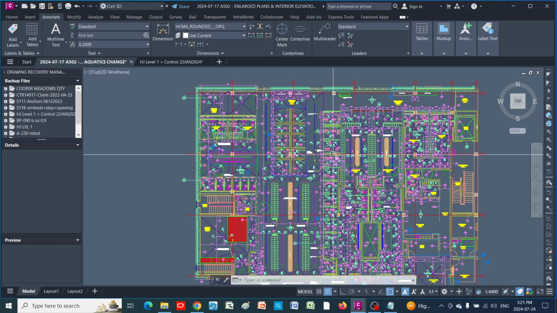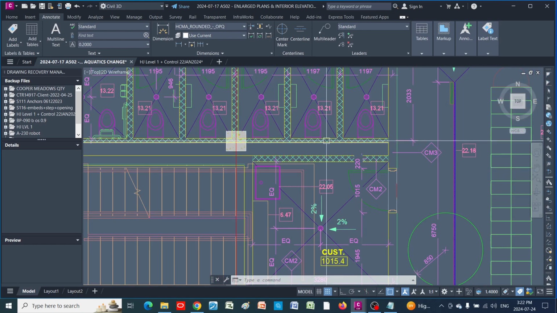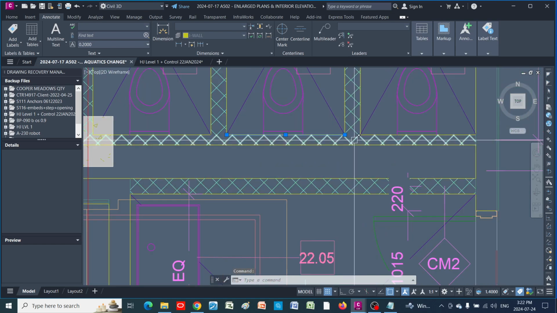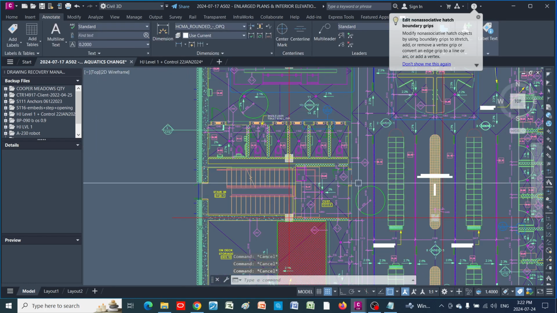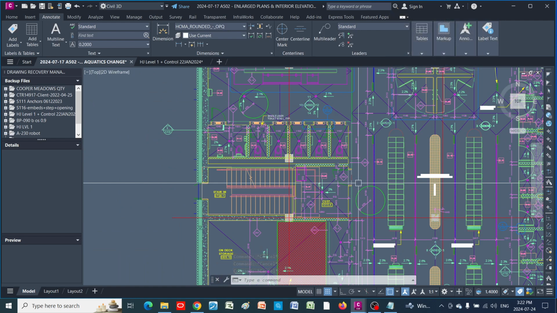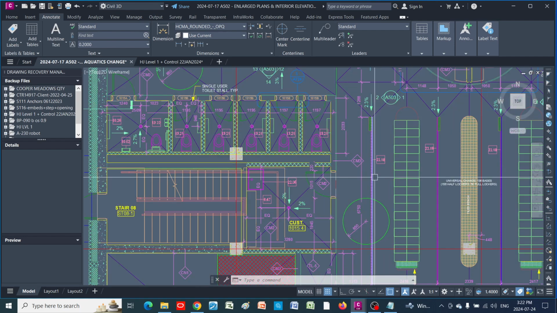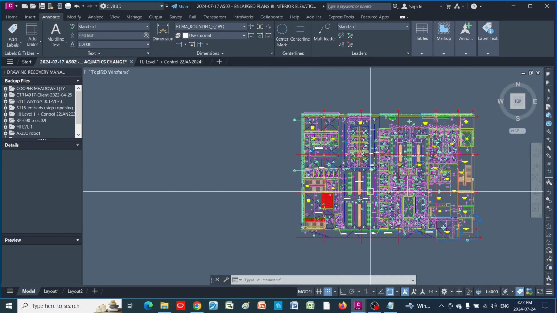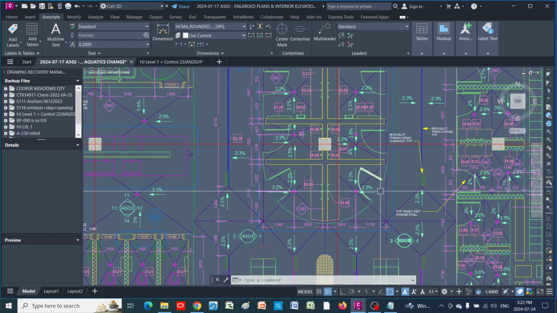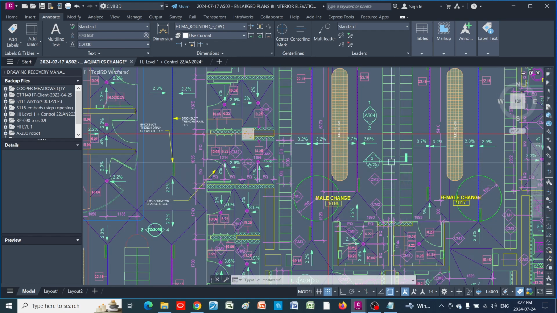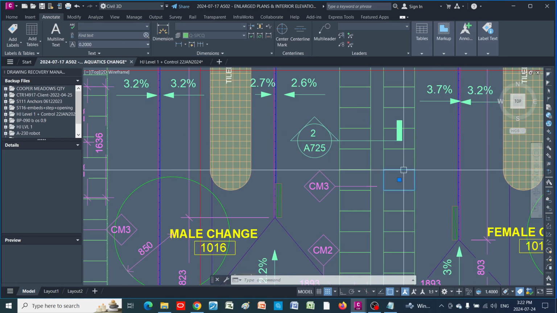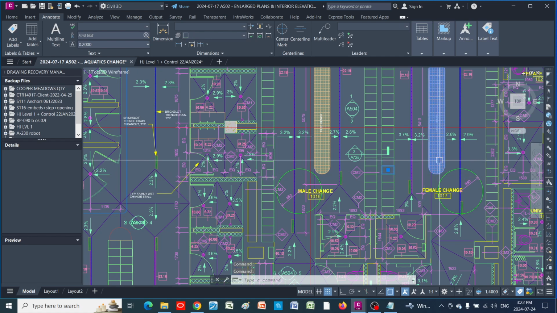So the first thing that I would do is try to clean it up by removing the hatch. So these are hatches here. These hatches won't be recognized by the total station, and they might cause problems during layout. So I'm just gonna remove them, and also I'm gonna explode the blocks. So there are blocks here. Those are blocks, right? I think this is a block as well.